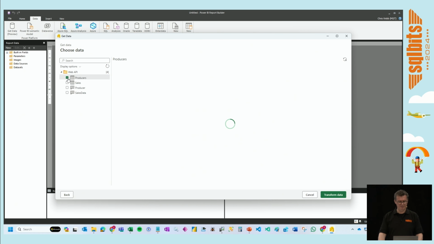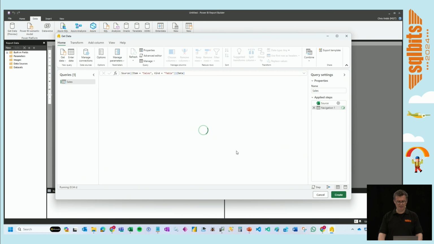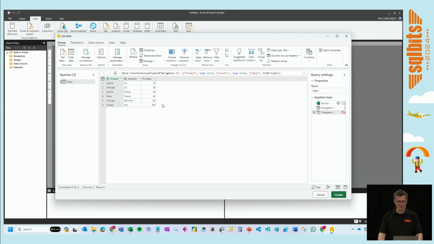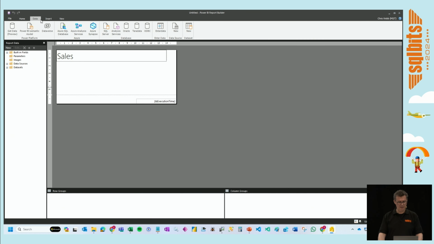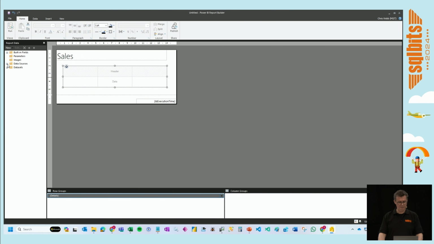And there we are, producers and sales. We're only going to get sales this time. Click and transform data. And there we go. There's our good old sales table. Now, for now, I'm just going to click Create. And I'm going to insert a table. Drag that onto there. There's my data set, product, country,